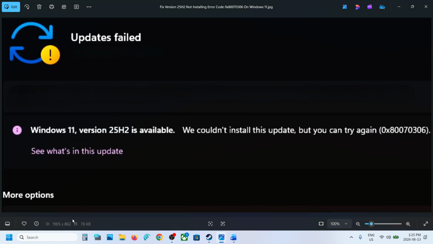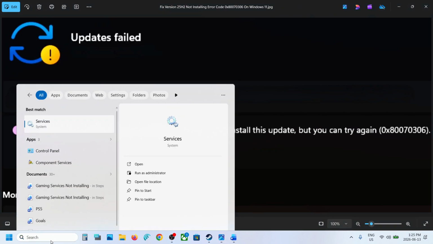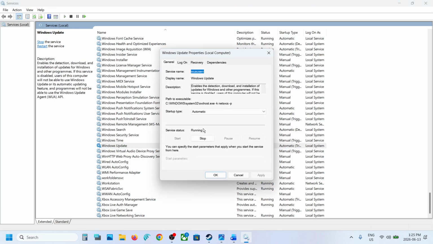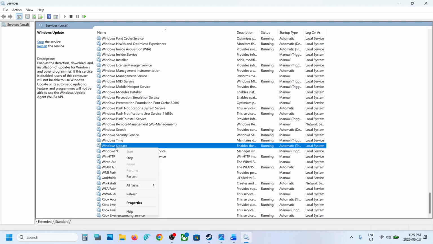Still not working? Type in services in the Windows search box, click on Services. Find Windows Update in the list, scroll down, somewhere at the bottom you will see Windows Update. Double click on Windows Update, set this to automatic. Click on apply, click on start if highlighted, click on OK, right click on Windows Update, click on